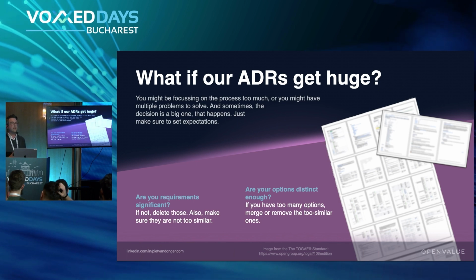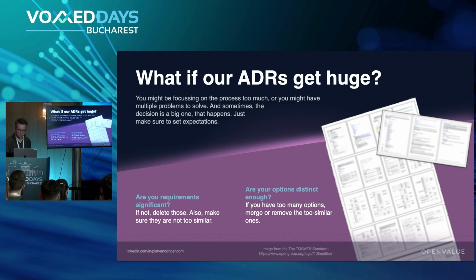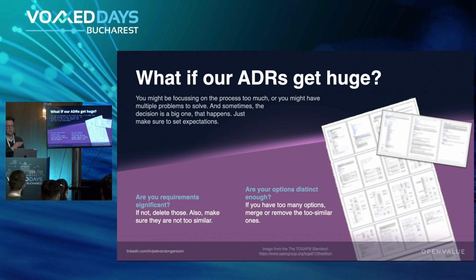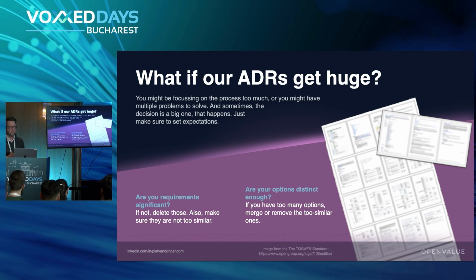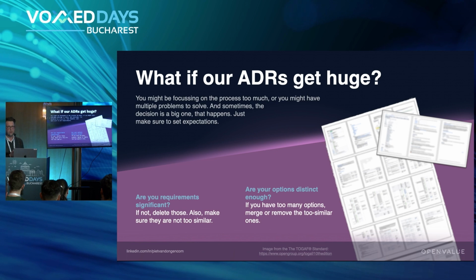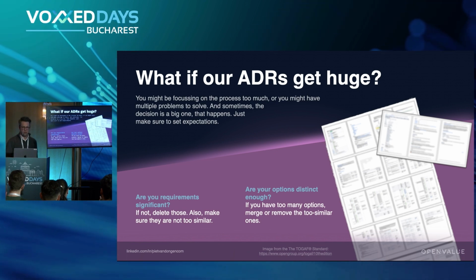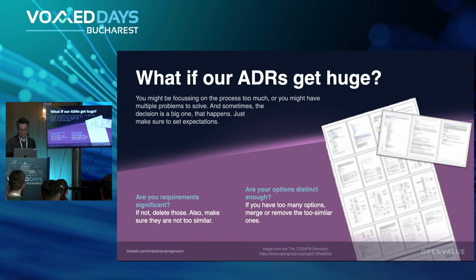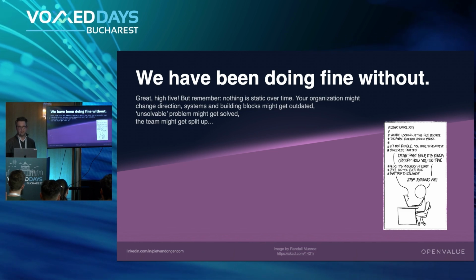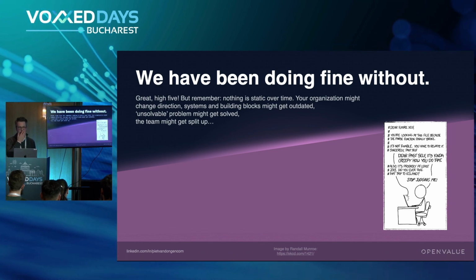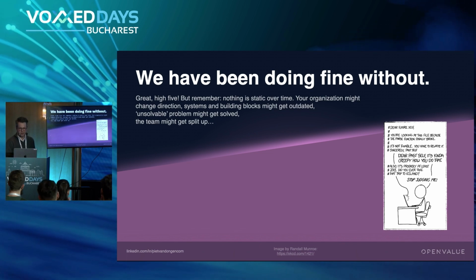What if your decision gets used? So these are 2 ADRs I've written. One is 3 pages, one is like 15 more pages. But the big one was a big decision. This was the CMS for a very large Dutch newspaper that needed to be replaced. And if you would have taken the wrong decision, then we would have had a problem. So if it takes a while, it takes a while. Make sure it's appropriate. If you have been doing fine without, could be, but the examples I give, I think, are convincing enough to, I hope, help you try to practice this.